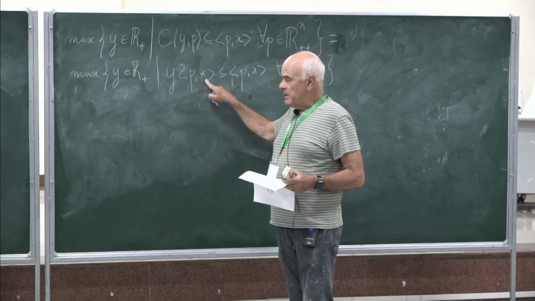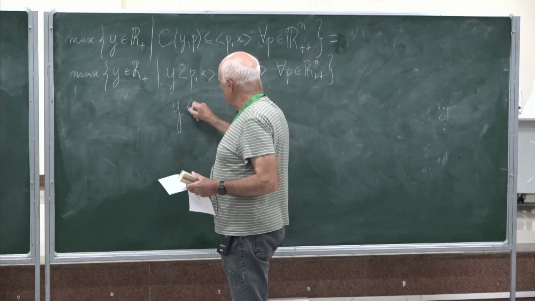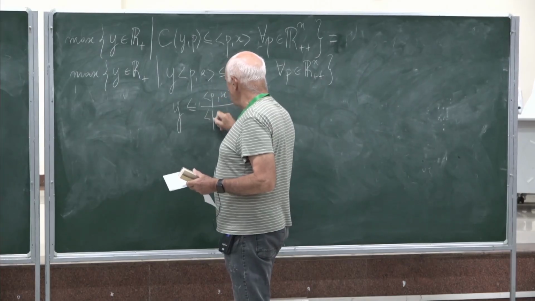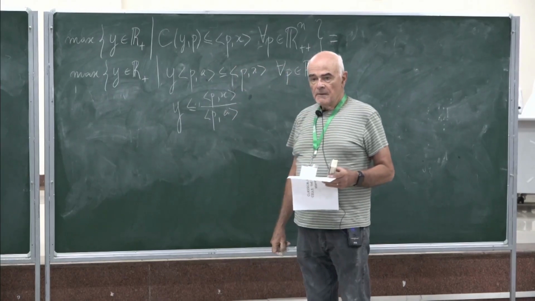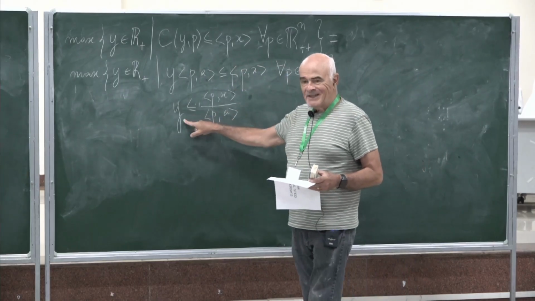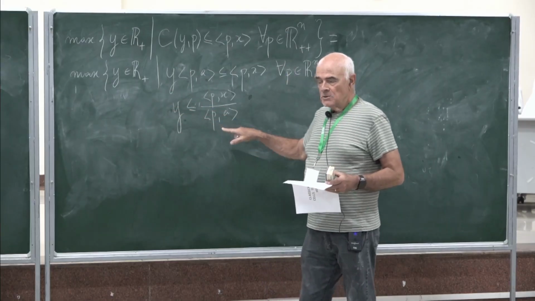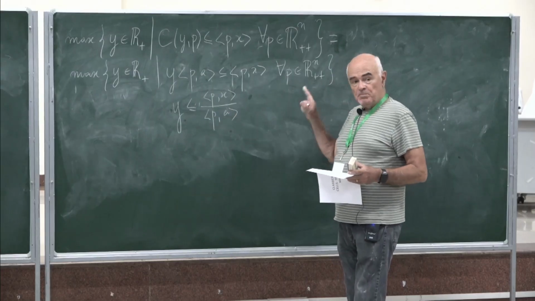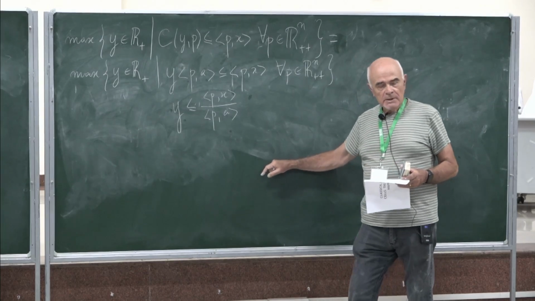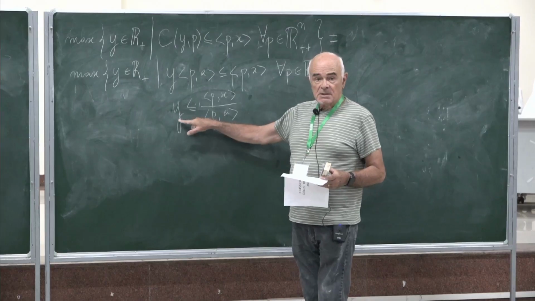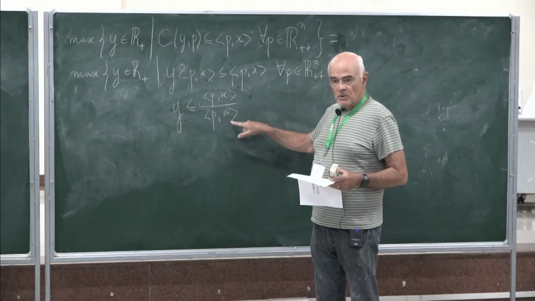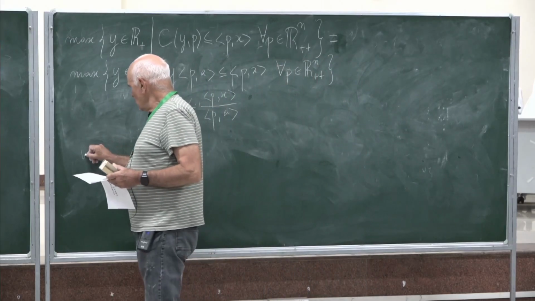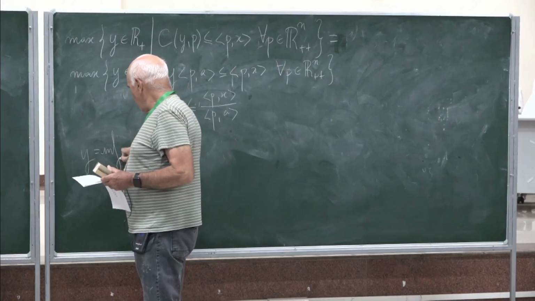Well, pi is strictly positive, so this condition means y less than or equal to px divided by pa. So I need to find the largest y, which is less than or equal to this expression for every p. Okay, so this is the largest lower bound of this expression, so it's the infimum. So the optimal y would be the infimum over p